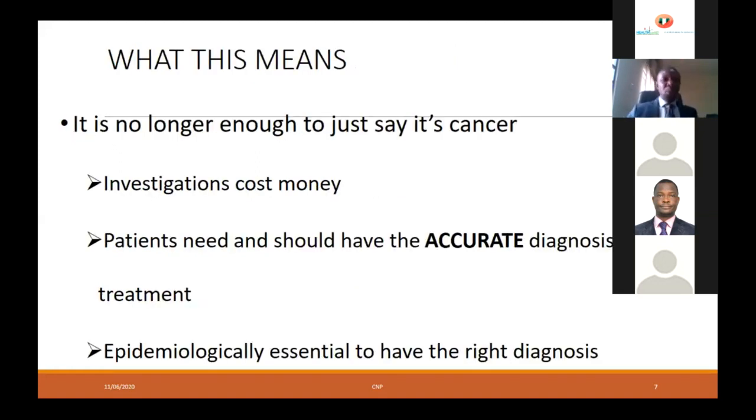What is the meaning? Investigations are very expensive. The patients, because they are spending their money out of pocket, should actually have, and they deserve, accurate diagnosis and accurate, cost-effective treatment. Again, even though in this country we do not use our health data so much in planning, the epidemiologists, the statisticians, the National Bureau of Statistics, and all public health planning agencies need the input of the hospital laboratory physician, especially the pathologist, in taking critical decisions.